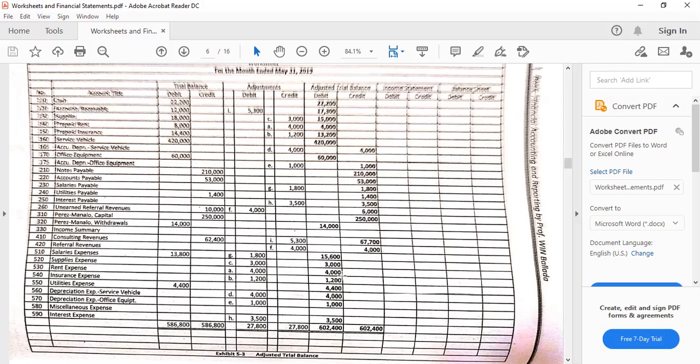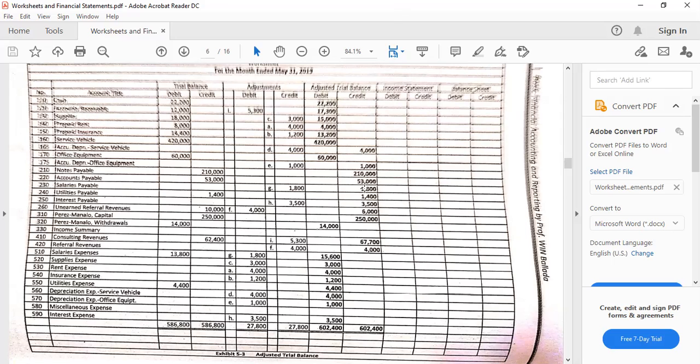Or it's possible also that when we calculated, we missed some values, or we transposed on the calculator. It's correct here, but in the calculator, we transposed the values, meaning we interchanged the characters when we have written them down. So you can refer to those errors in the trial balance because anyway, they're the same.